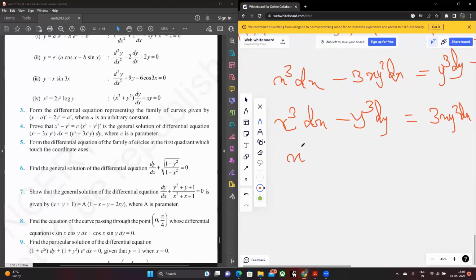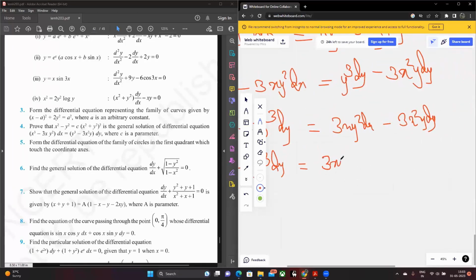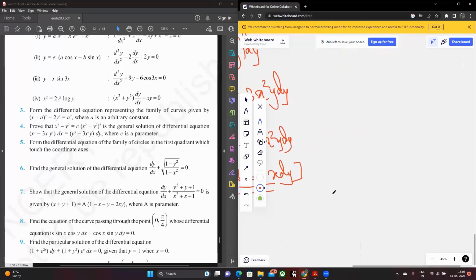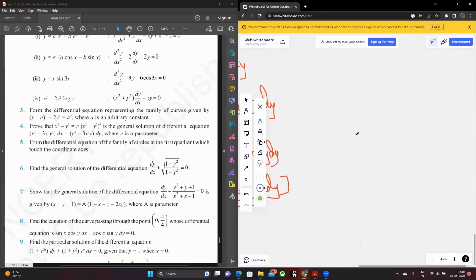I can further rewrite this as x cubed dx minus y cubed dy equaling 3xy times (y dx minus x dy). Remember that you can bring this form by using the differentiation of this elementary thing,